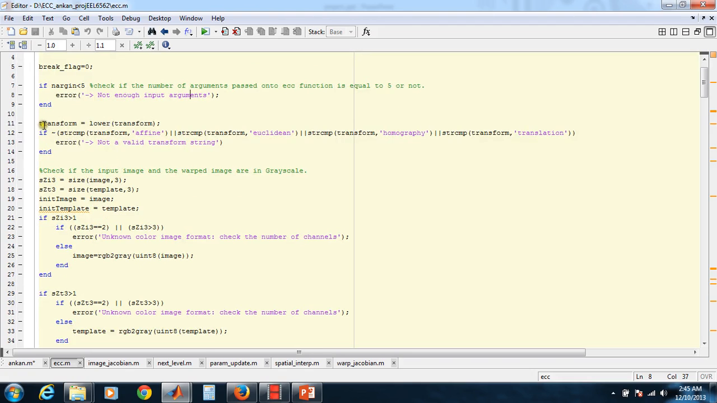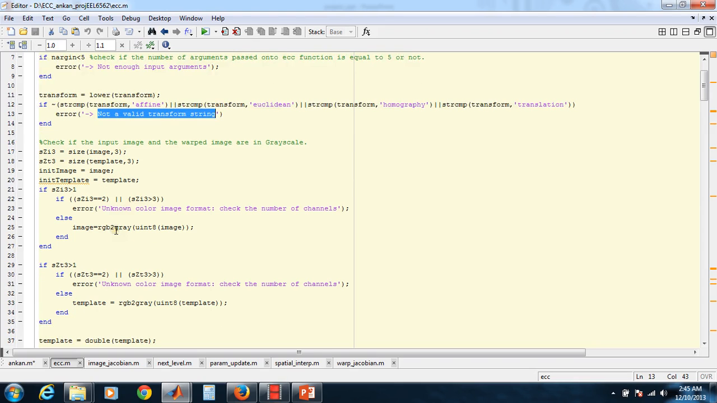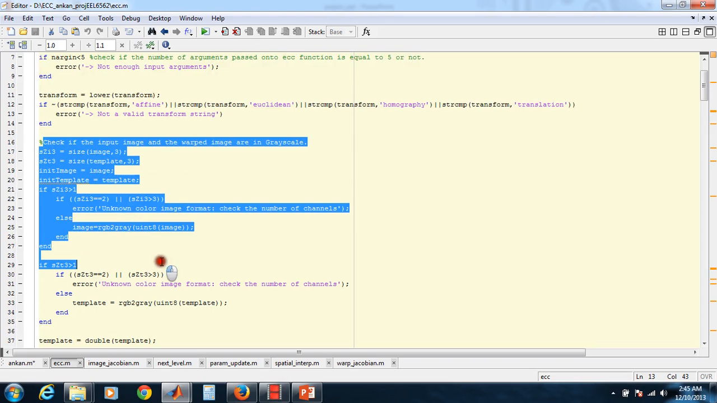Now again, this will check if the transforms are defined in these four only. If not, it shows a transformation error, because the transformation has not been defined by the user. This part,